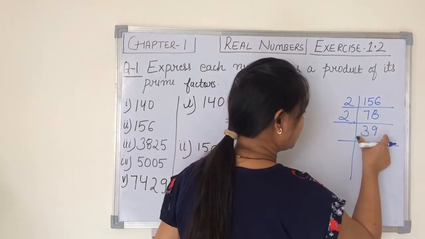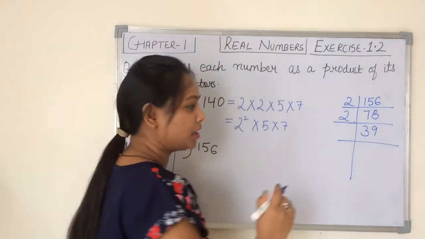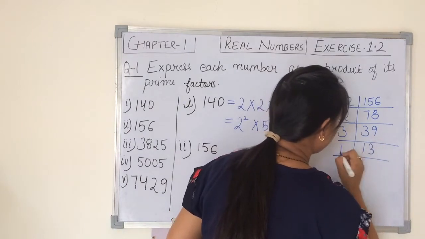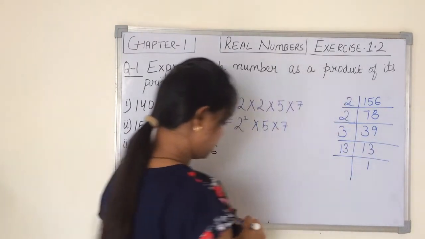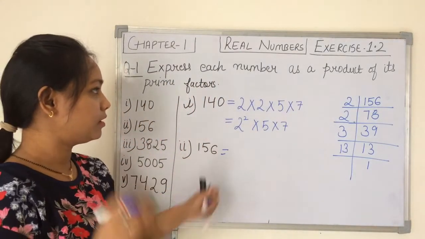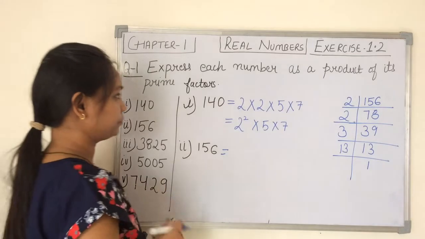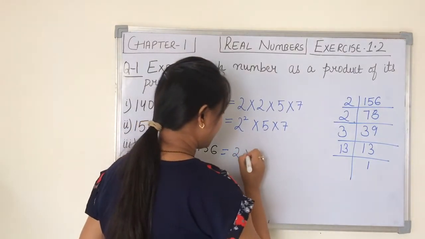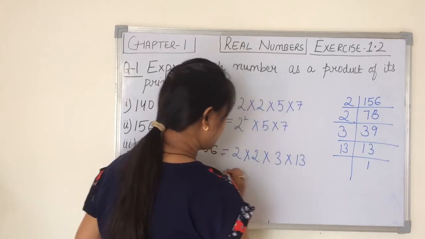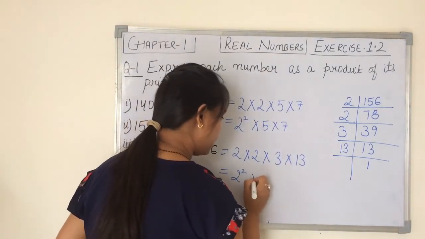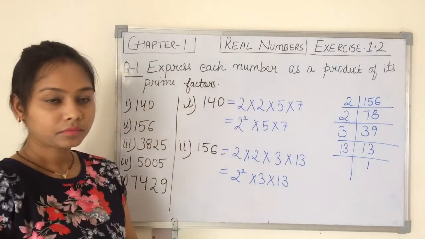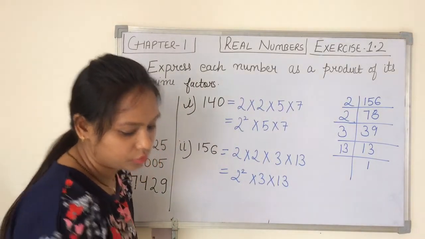Here we are getting sum 12 which is divisible by 3, therefore 39 is divisible by 3. 13 times, now 13 is a prime number, so 13 ones are 13, it will go 1 times. Fine, now represent it in the form of its factors. We have 2 times, multiply by 3, multiply by 13. It can also be written as 2 square into 3 into 13. Fine. That's all was the 2 solutions.